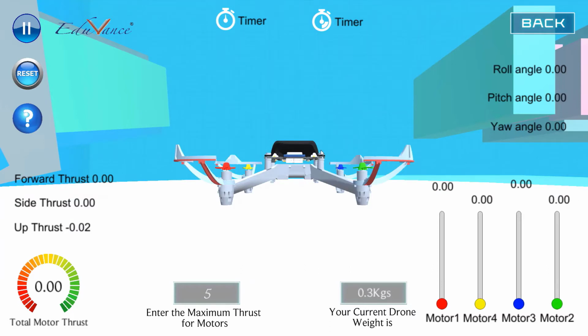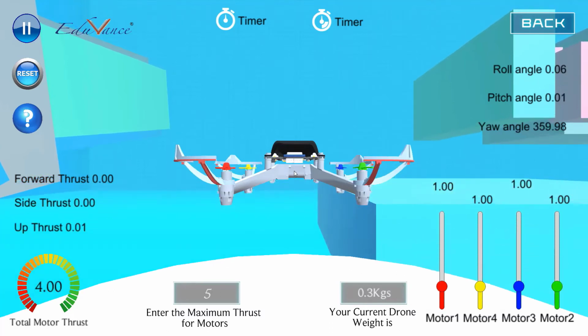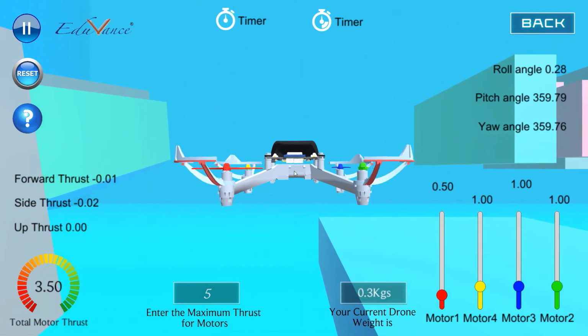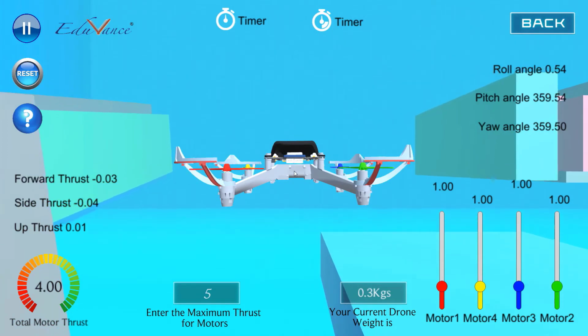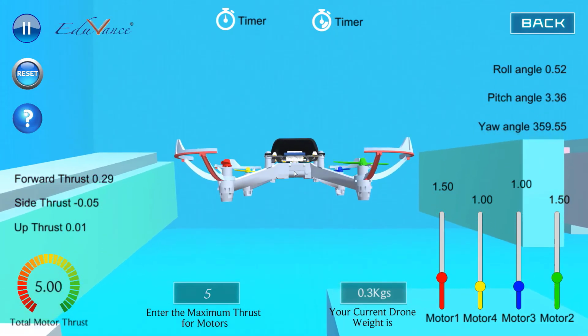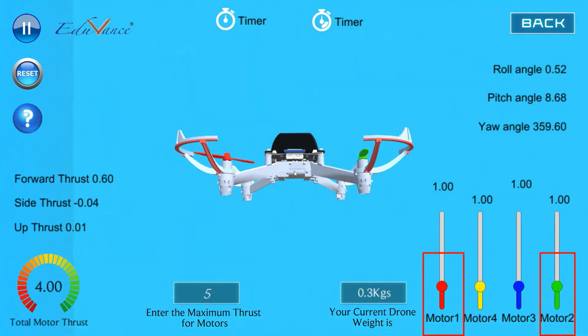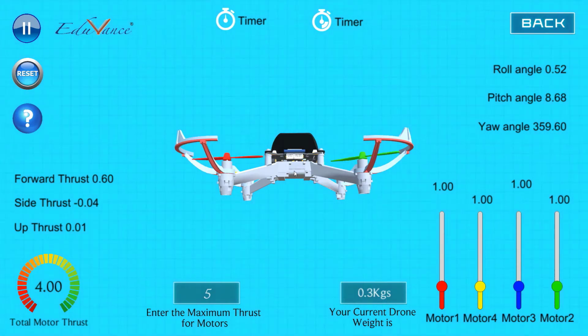Don't worry about the collision. I want you to focus on M1, M2, M3 and M4 here, and how we are achieving the concept of pitch in a forward direction. So again, let us go ahead and increase this. Now I am reducing my RPM so that I can hover. Now what am I going to do? I will increase my M1 and M2. Now to stop the rotation, I will reduce M1 and M2, and you will see that the rotation stops and the drone is steady at an angle. Okay, let the collision happen, don't worry, we will reset.